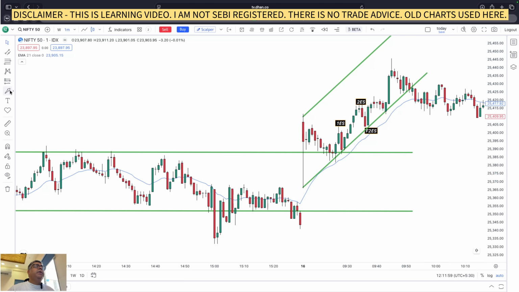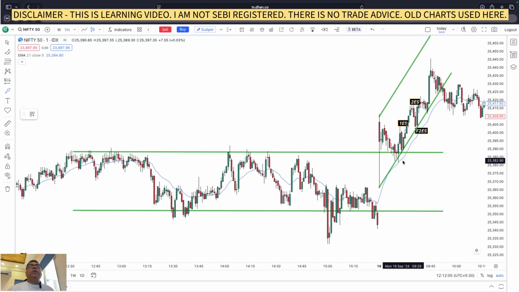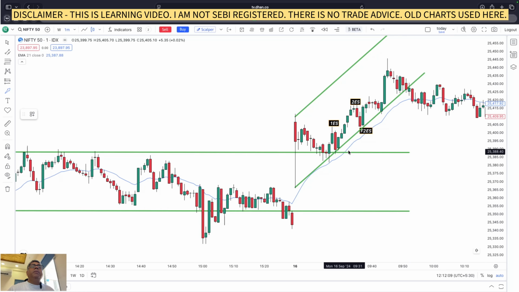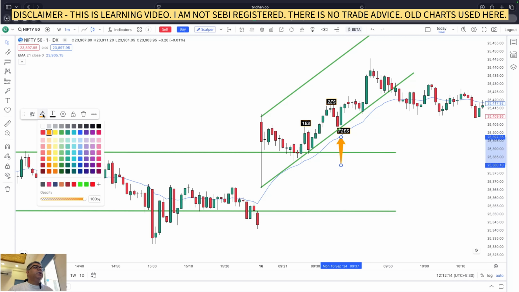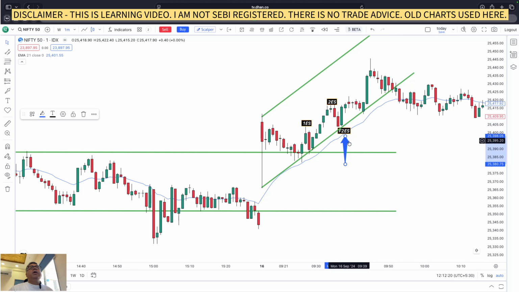So this is a high probability setup. There was a breakout of the previous sideways zone. Then there was a retest and the 21 EMA acted as support, and then we have a failed second entry short, that too at the trend line above the 21 EMA. So this is a high probability setup. You can enter